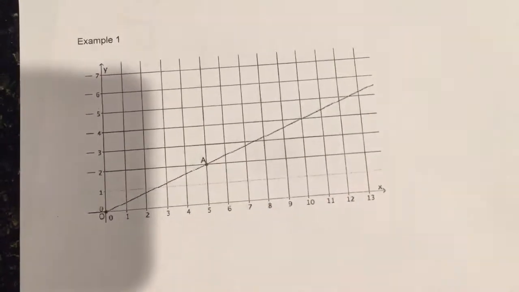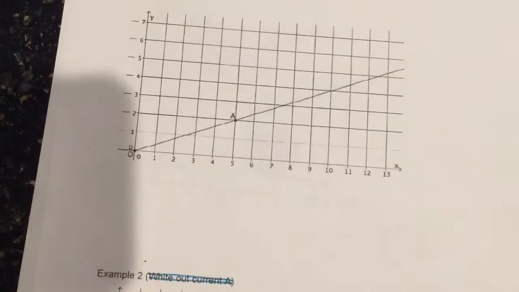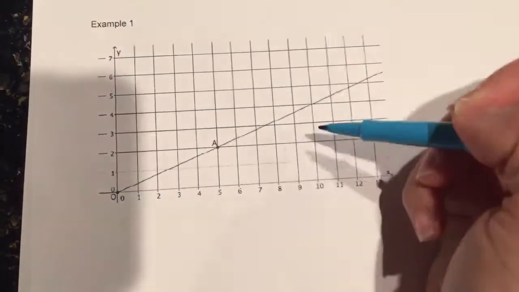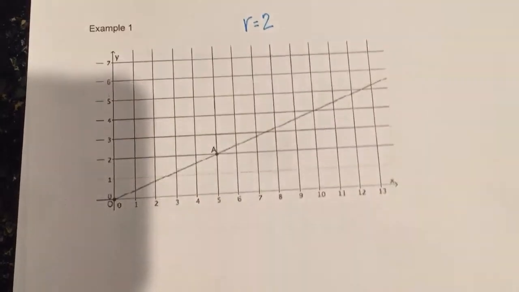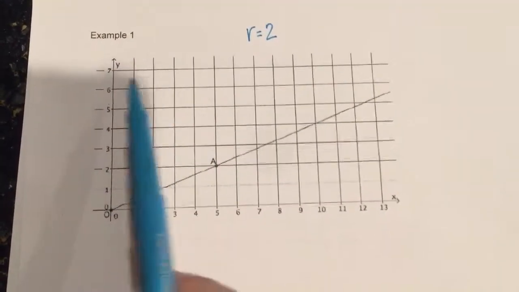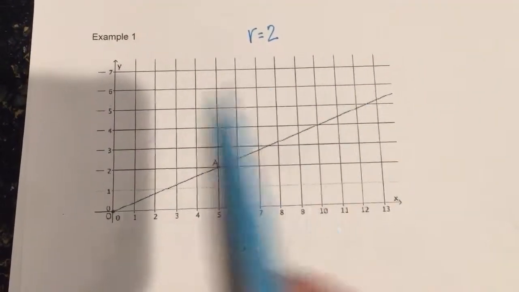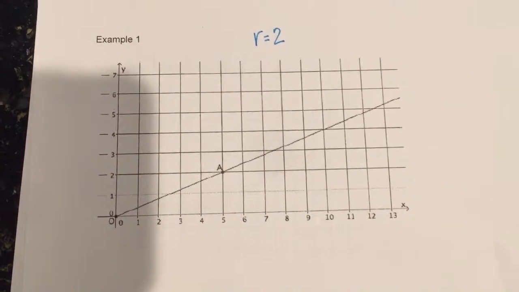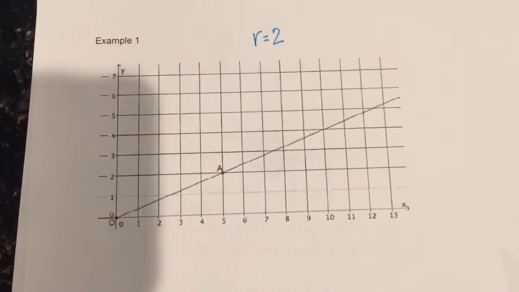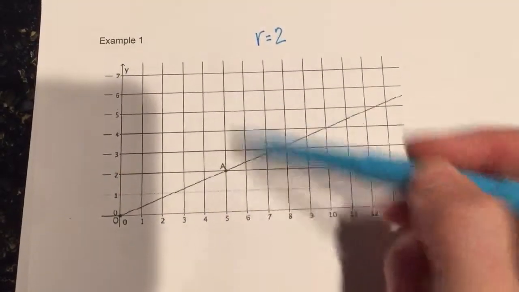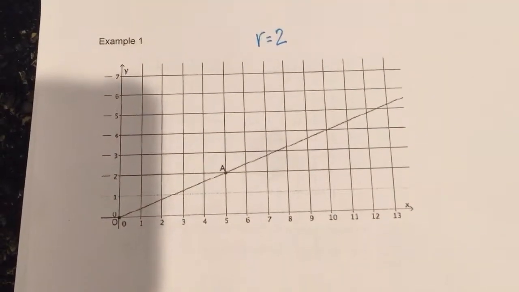We have point A. We're going to be dilating on this coordinate plane by a scale factor of 2. I want you to stop for a moment and think about, what do you know about these grid lines on your coordinate plane? So now that we've determined that all of these lines are parallel to each other,